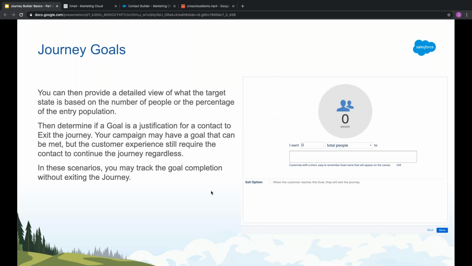The key difference is that you can provide a detailed view of what the target state is. So in the screenshot on the right, you can see I want a number of total people. You can configure this to the number of, or a percentage of the population. And you keep a little bit of flavor text there that says, I want 35% of the customers who enter this journey to buy an additional product,